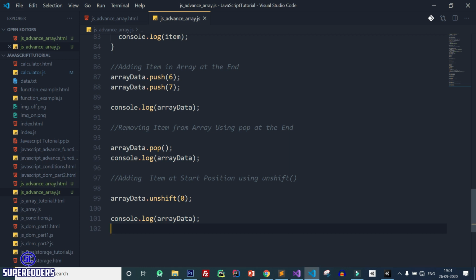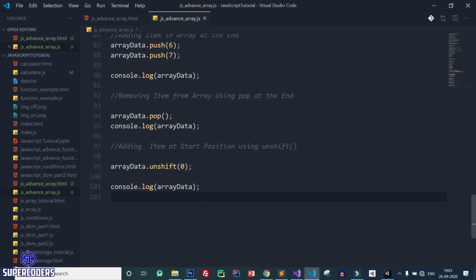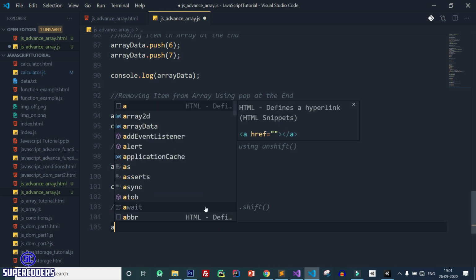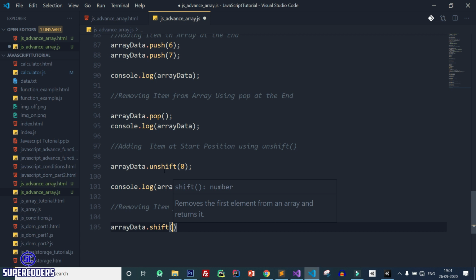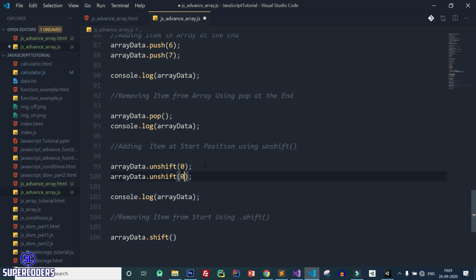Now let's see one more example, which is shift, for removing an item from the start position. So let's see, removing an item from the start using the dot shift method. So here array data dot shift, or you can also add one more item here like -1.